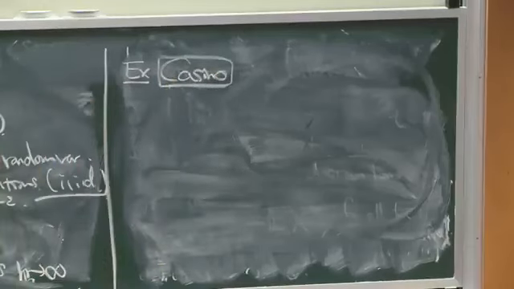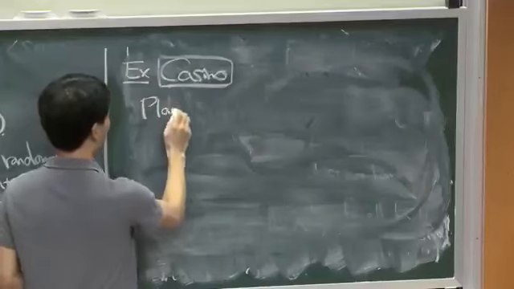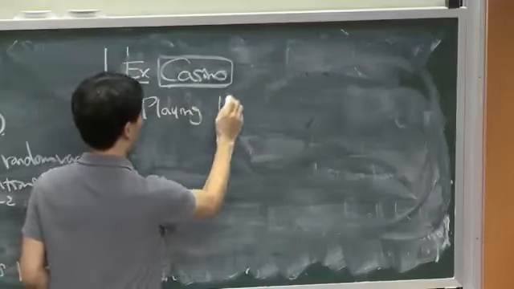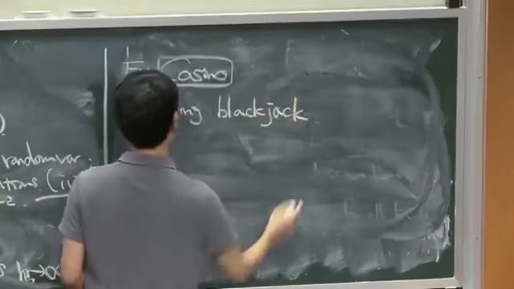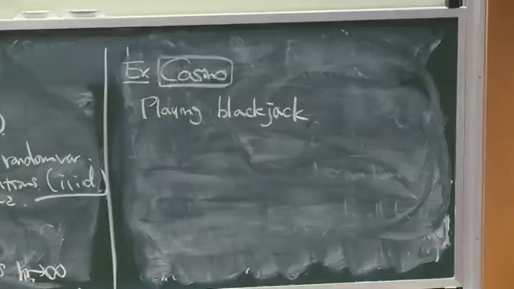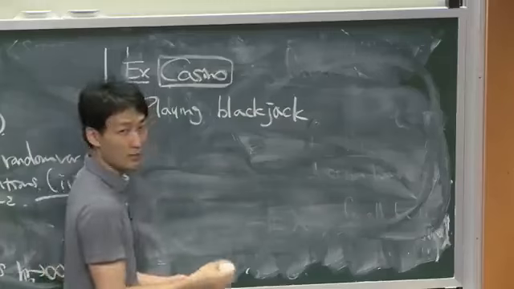For example, if you're playing blackjack in a casino, when you're playing against a casino, you have a very small disadvantage. If you play the optimal strategy,